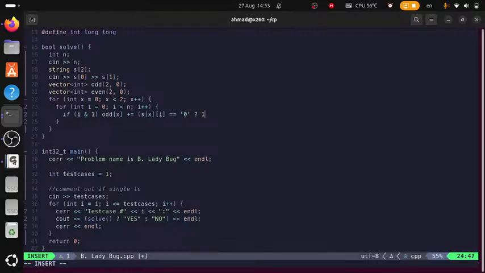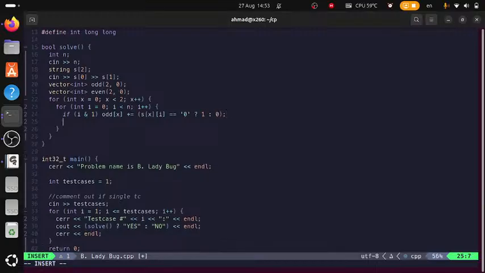If it is, we add 1, otherwise we add 0. Similarly, else even of x is equal to string of x comma i equal to 0, add 1, else we add 0,